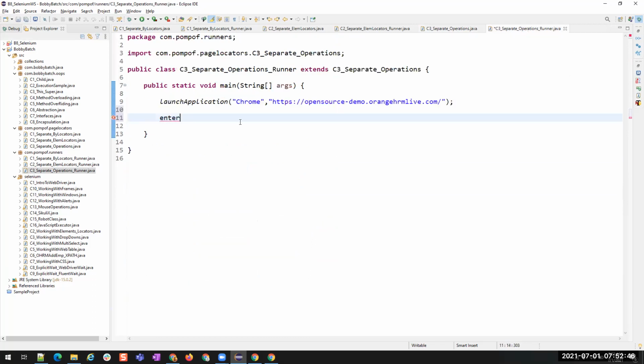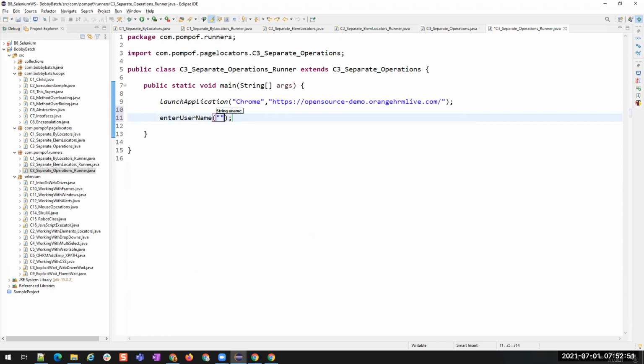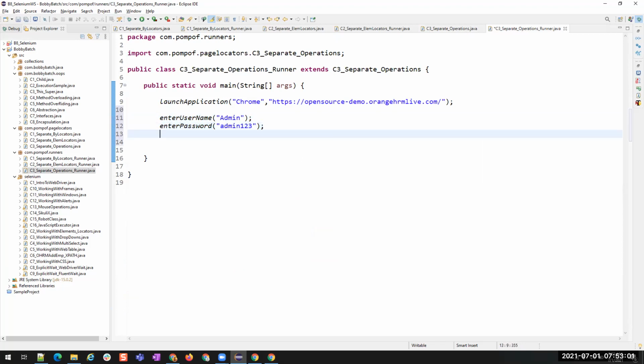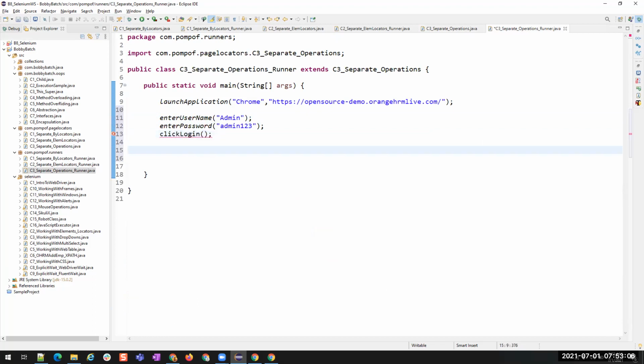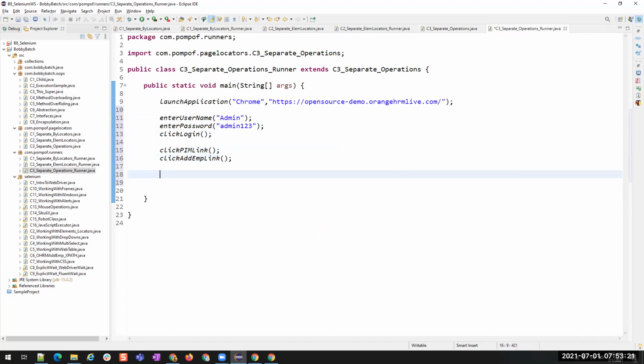Okay, now let's go back. Then let's see. You see now, enter username. I'll say admin. And then enter password, Admin123. Then click login. And then click PIM link. Click add employee link. And then